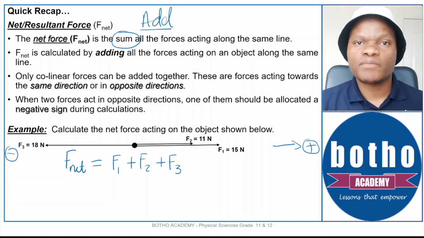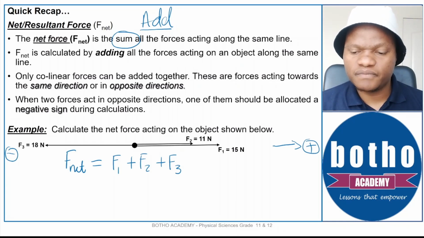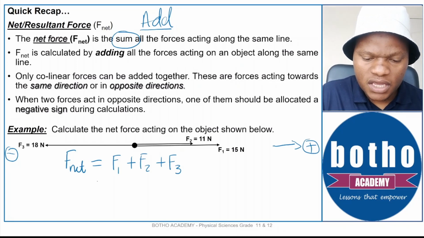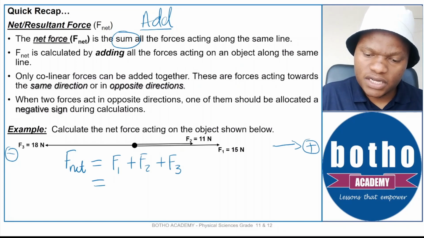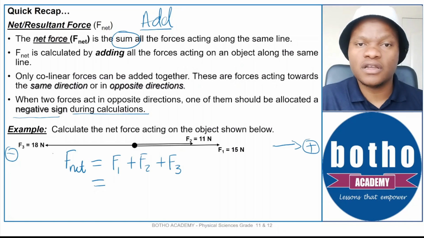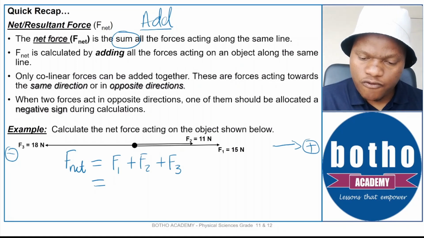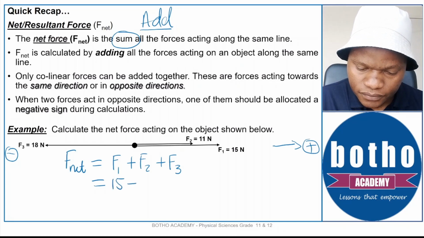So I know that any force that is negative, that is to the left, must be allocated a negative sign, and the one going to the right will be expected to be positive. In our substitution, we now have to bring in the signs as well. During calculations, we must put a negative sign for one of the directions. F1 is to the right, therefore it will remain positive, so it's going to be 15 plus